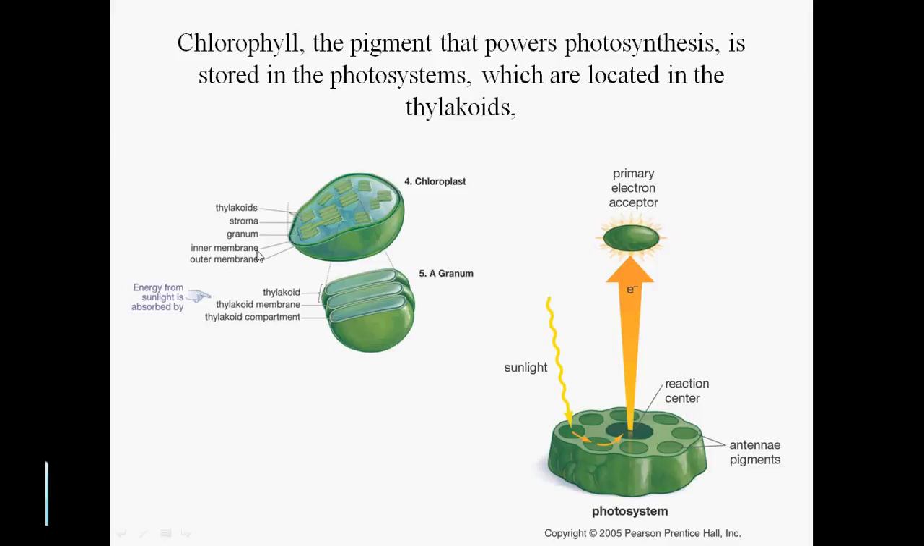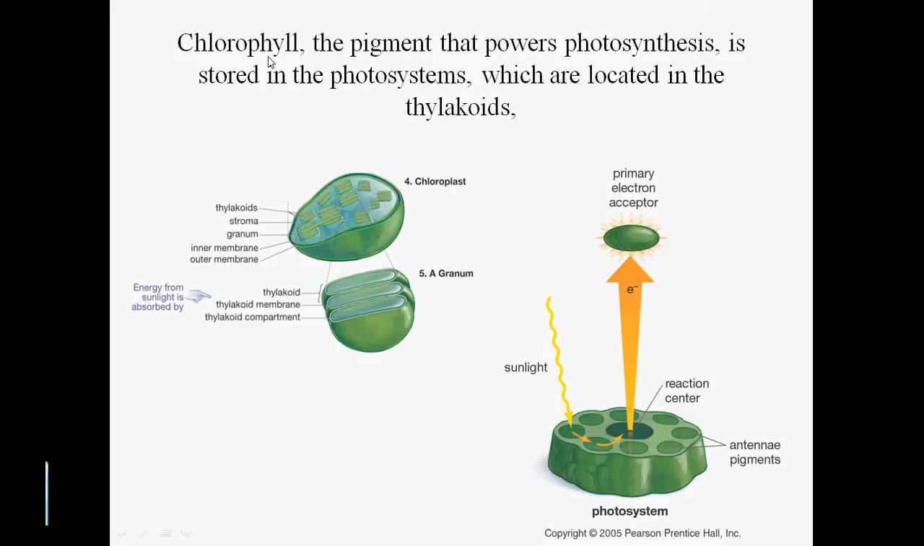So let's talk about the thylakoids real quick. Remember, we're in the chloroplasts, and then specifically we're in the thylakoids. In the thylakoids there are pigment molecules, specifically the chlorophyll. Chlorophyll is the pigment that makes the plant leaf appear green. This is the pigment that powers photosynthesis, so it absorbs the red and blue light so it can power